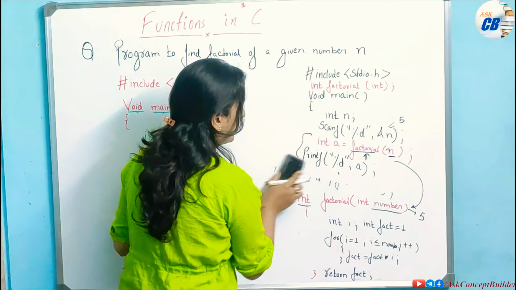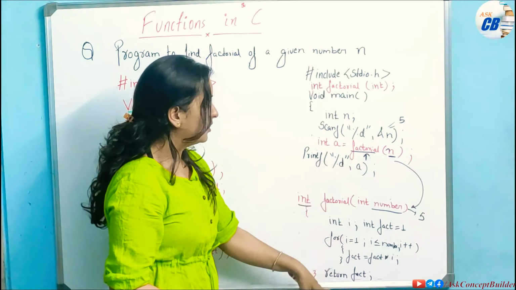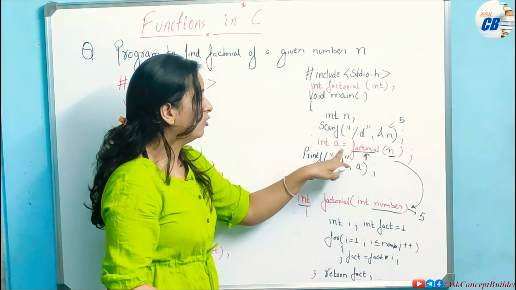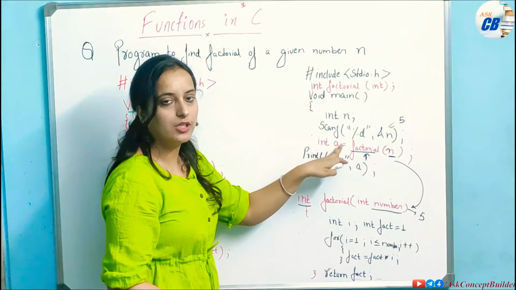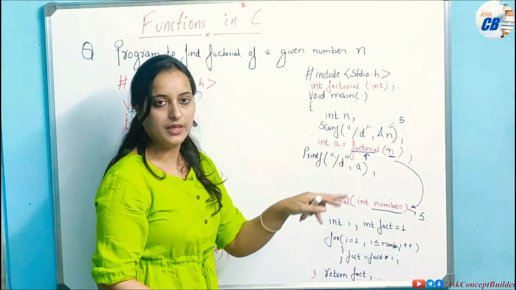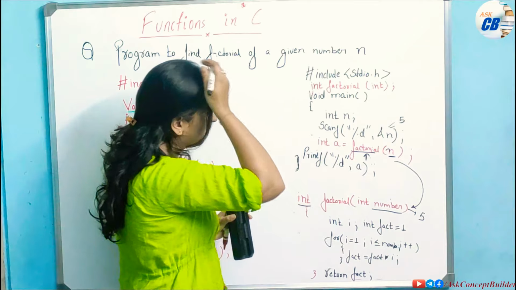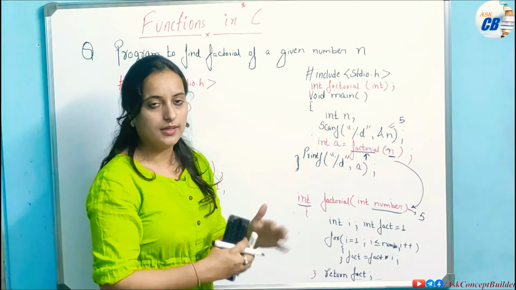Here I have taken any variable, int a, and in that variable first I am storing that factorial value, whatever is coming from executing our factorial function. That value I am keeping in my int a variable. And see, this a should also be integer type, because this factorial n is returning an integer value, so a variable of integer type only will store that value here. So int a equals this factorial value, and you can print that value. In this way you can write the function in your C program.